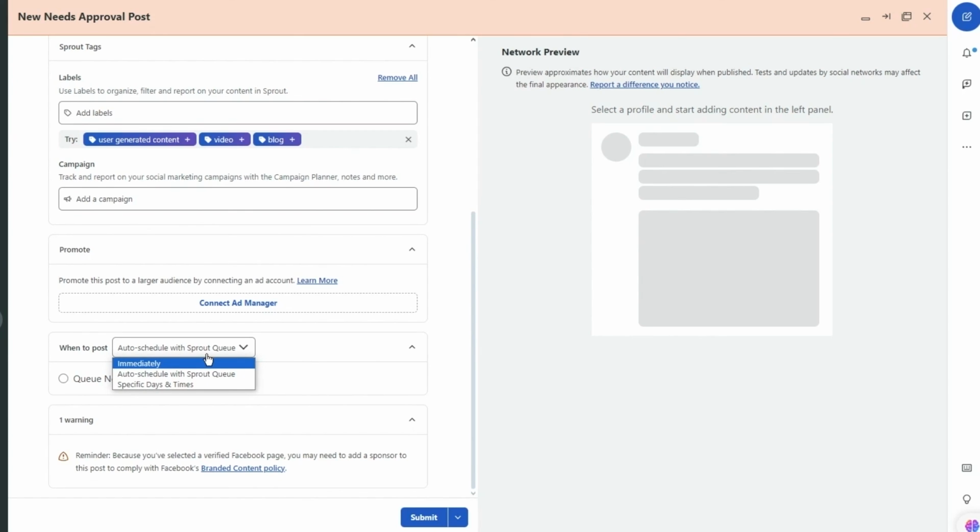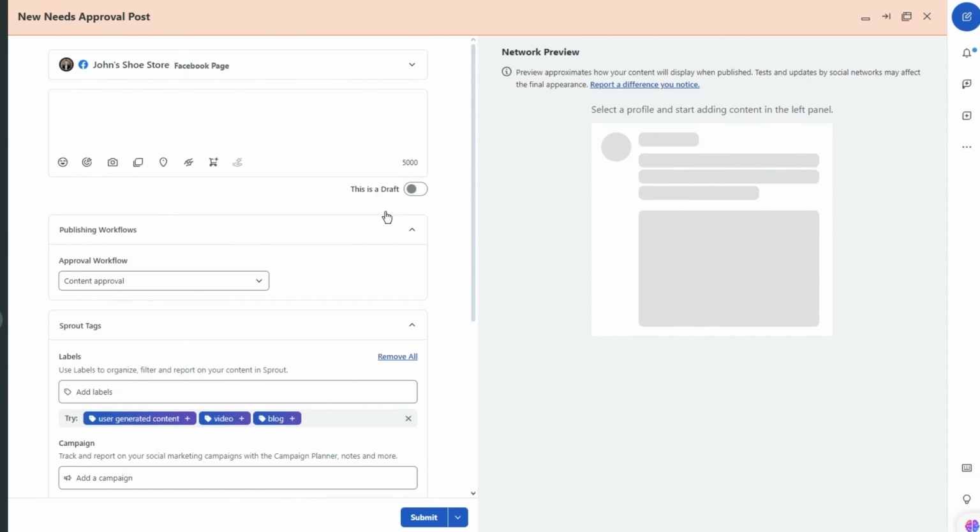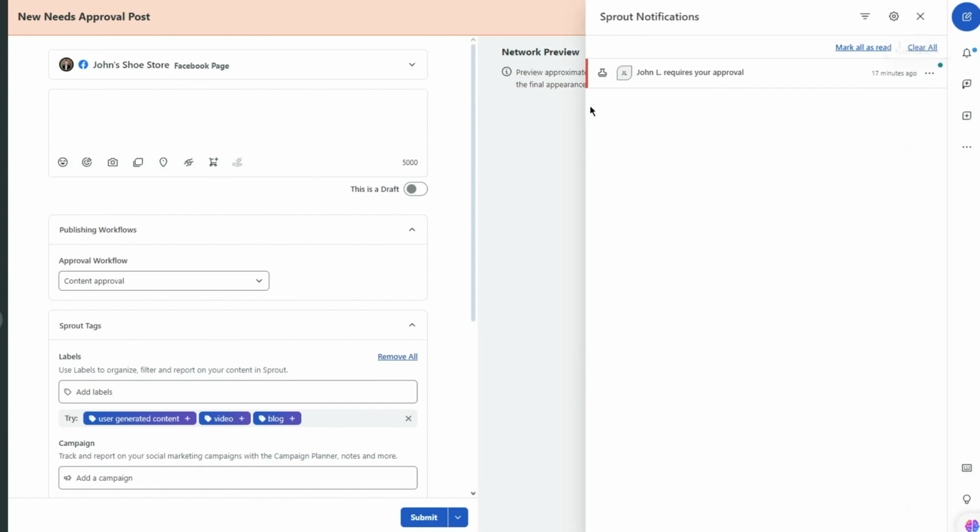So if you do queue next, it's going to queue it after that. And if you queue last, it's going to queue it before. No, I'm sorry. If you do queue next, it's going to import it and queue it before that. And if you queue last, it's going to import it after your further queues. Okay. So basically, this is the main idea. Okay, this is the main concept of Sprout